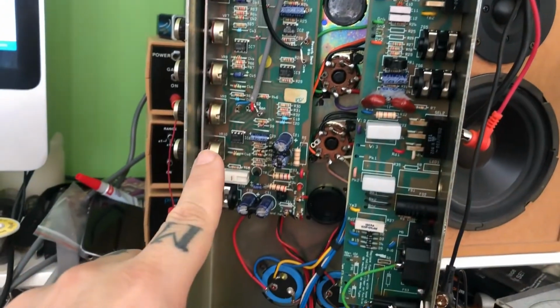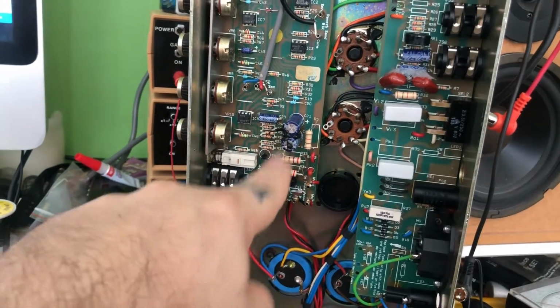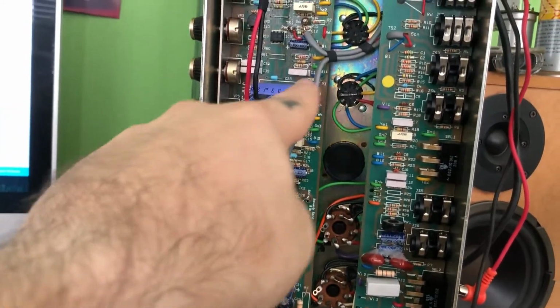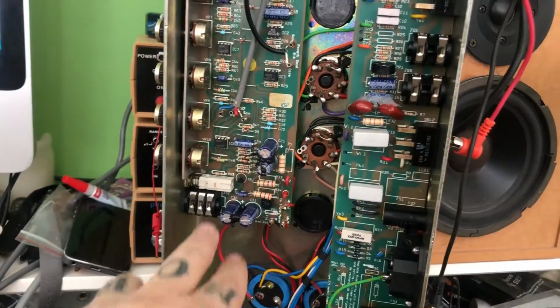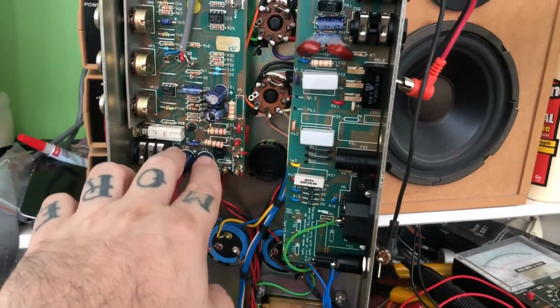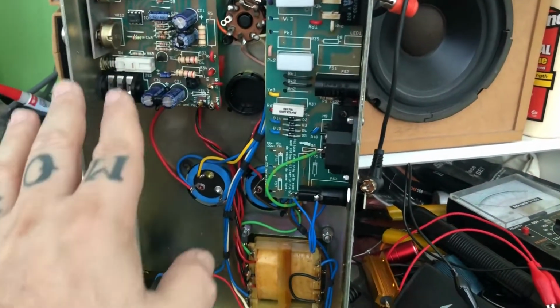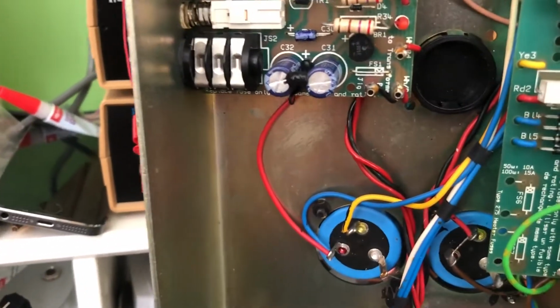I'm also going to change... Now, the low voltage electrolytics that basically power the plus and minus of these ICs, which this amp has a lot of. Did you count how many? Who cares? There's too many. I'm not going to worry about these. These tend to be okay. Unless the amp is like 50, 60 years old, it's highly unlikely. These are pretty low stress items. Now I can go ahead and change them, and in fact I think I've got, what would they be, 35 volt, what are they, I can't read,